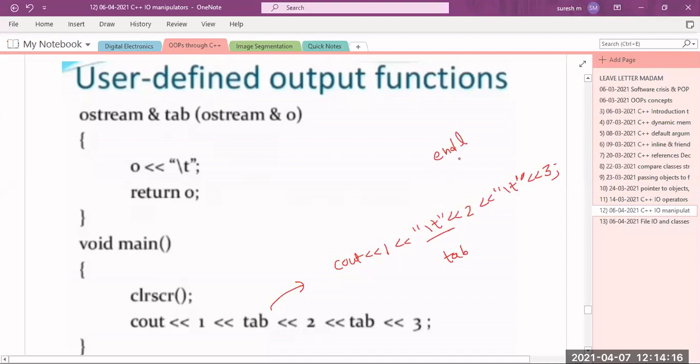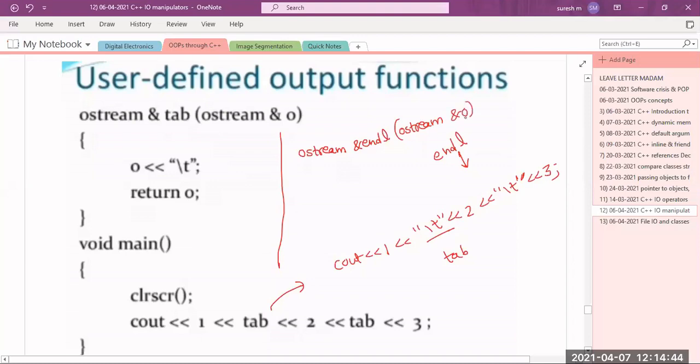endl is a manipulator, it's a standard manipulator, but inside this standard manipulator, how that is done is by using this one only. So how they write it inside endl is ostream&, because that is the syntax to create a new manipulator. So the user defined manipulator is ostream&, and here they will place endl. Inside this, it will always take an object or reference of this stream class only.